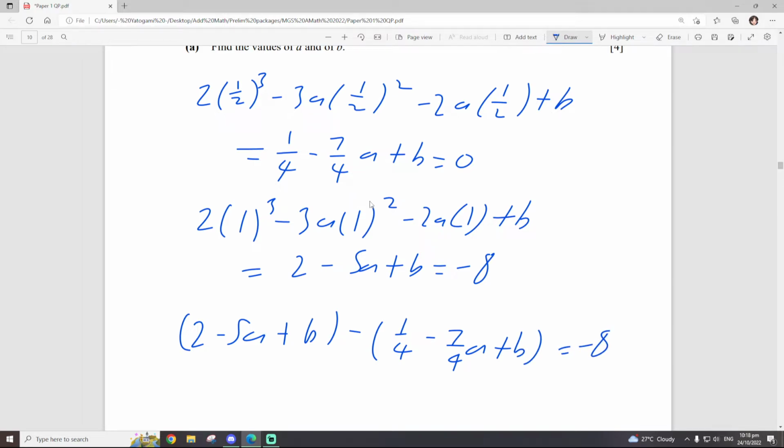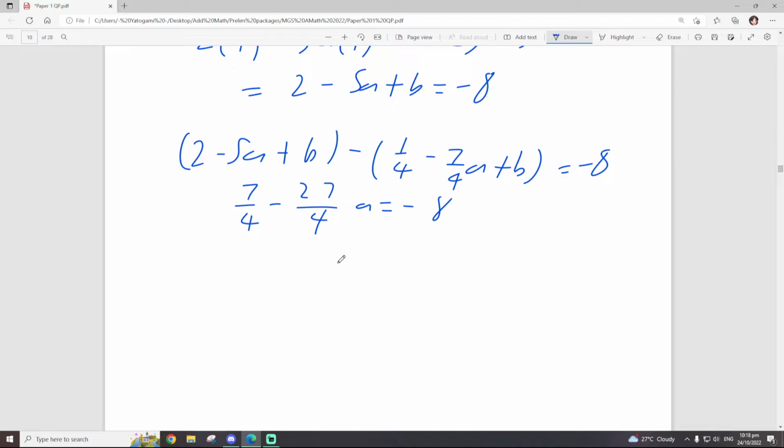In other words, 7/4 - 27/4 a = -8. So 7 - 27a is -32. So 27a,